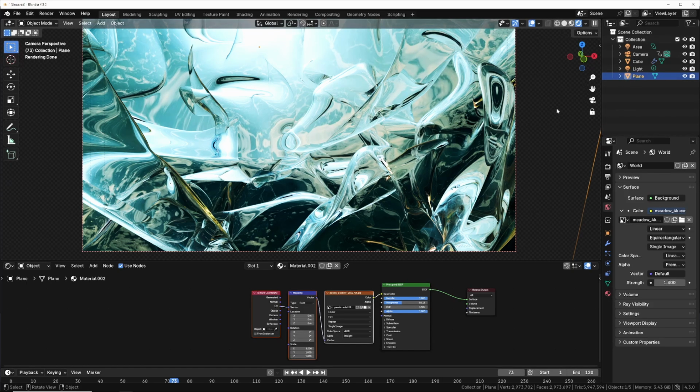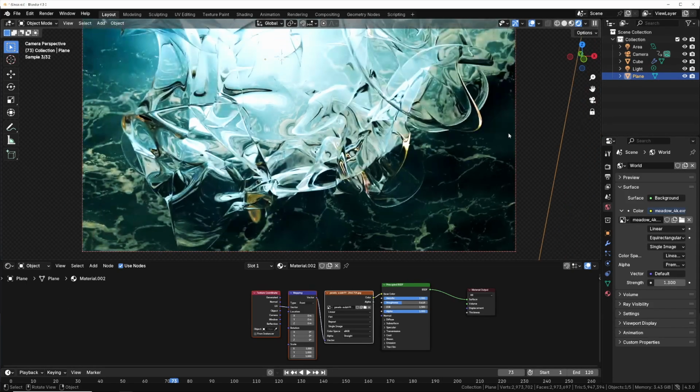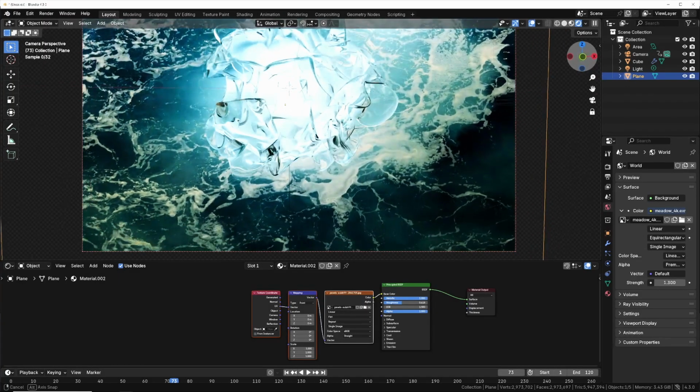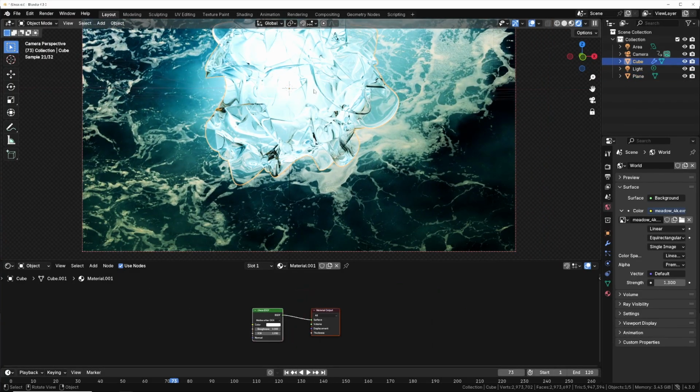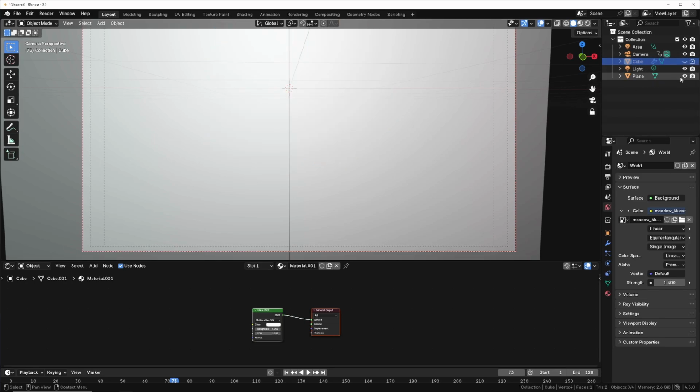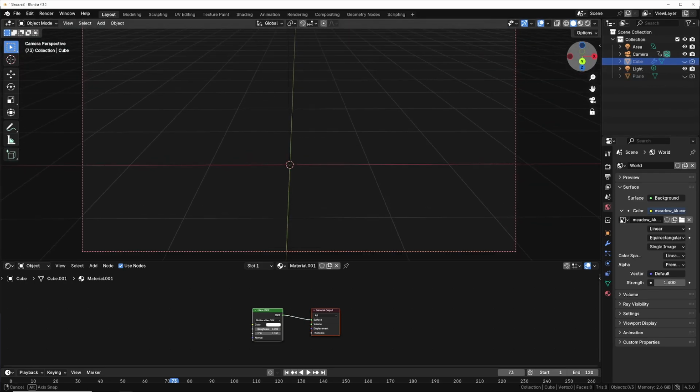So how to do this? We can do it now. As I decreased the zoom of the camera, as you can see here, we have this object like this. It's just a simple cube. So now I go back here. As you can see, I have a plane and this object like this. So how to make the cube like this? I uncheck this one, I uncheck the plane too, and now I add